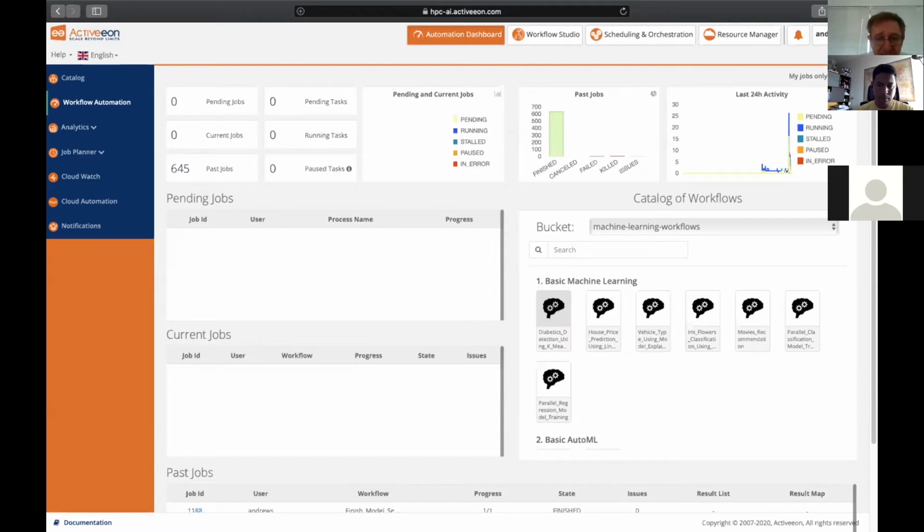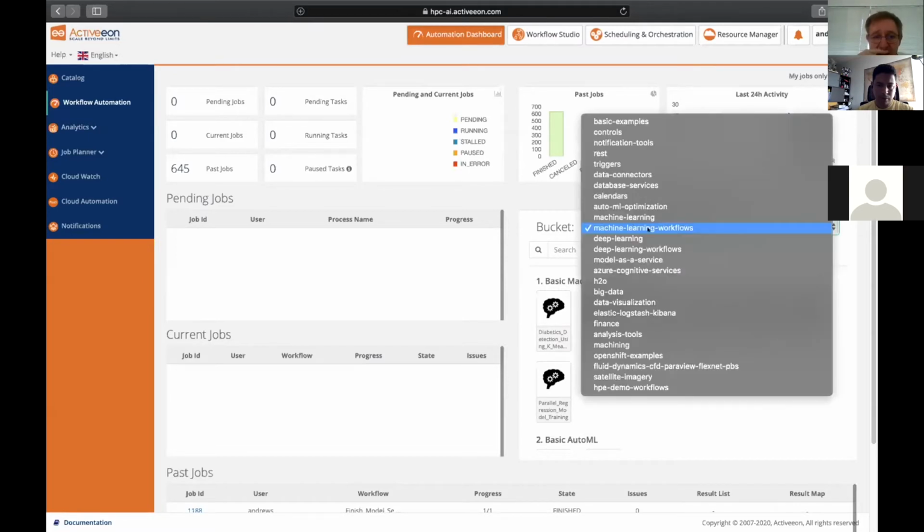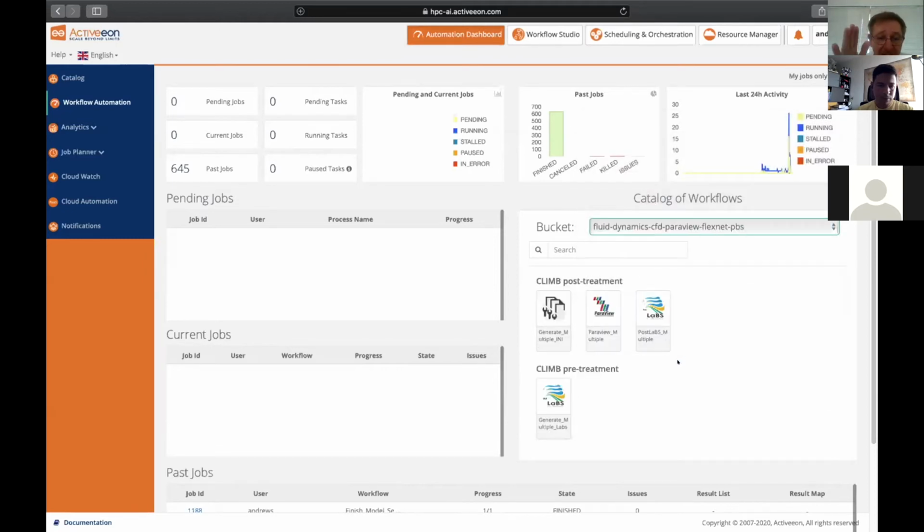So for instance, here we have AI. Andrew, can you show the HPC fluid dynamic workflow with ParaView interfaces to the parallel visualization